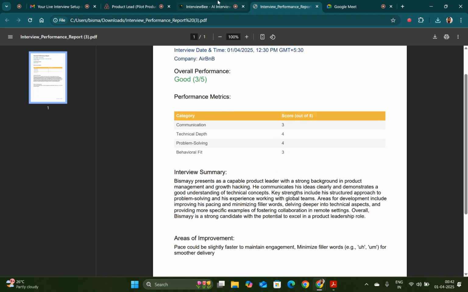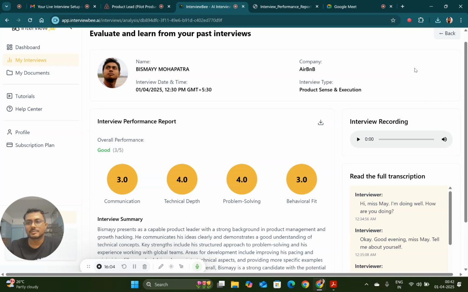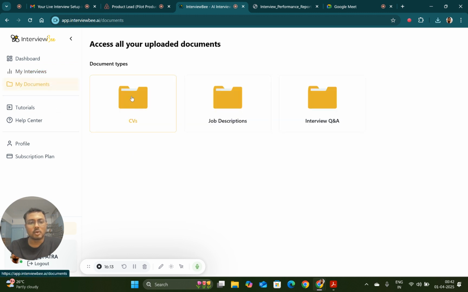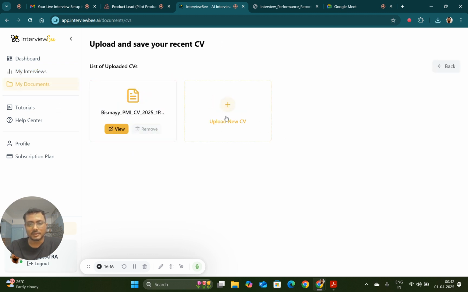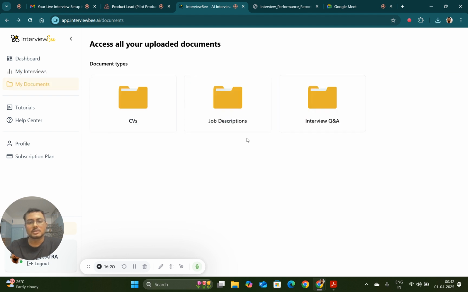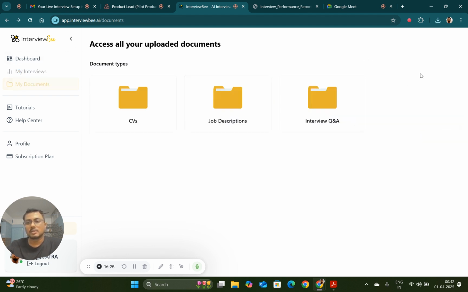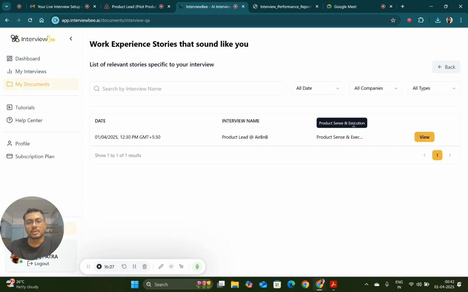It's a similar report to this particular page. Right? Once done, I can click on back, and go back. This is the list of interviews that will show up. Under my documents, I can upload new CVs or update my existing CVs and upload them back. Similarly, all the job descriptions will be available here. And the interview questions and answers that were generated versus work experience stories, those are going to be available here,